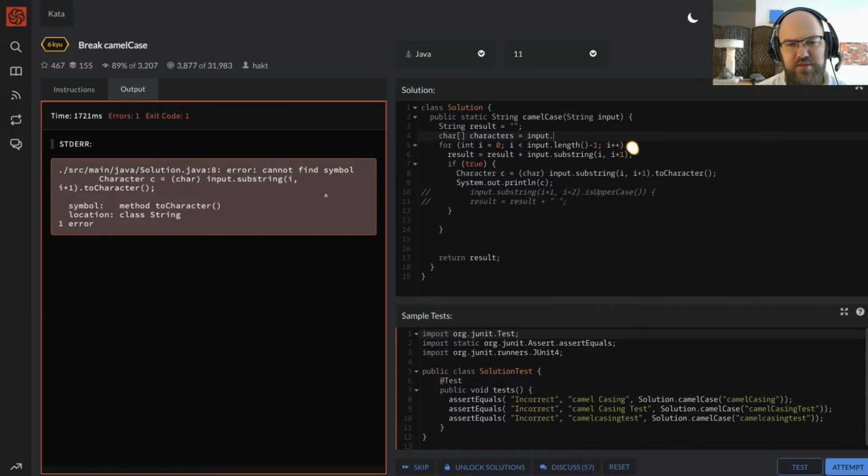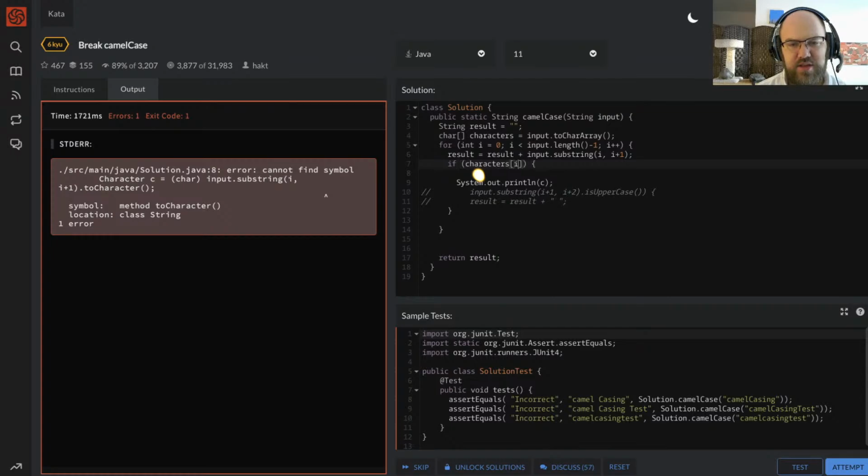That would be characters. This is where autoboxing and stuff becomes important, I guess. Huh. What is this if here supposed to be for? I don't remember. I'm gonna comment it out. Oh, that was important though. Oh, that's gonna be if